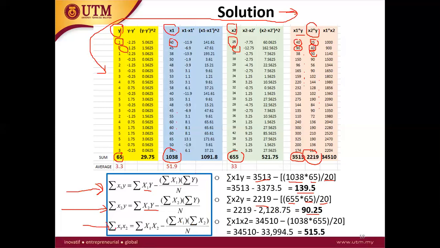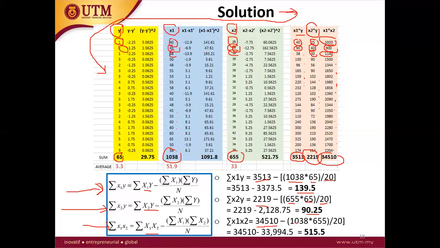Last question, the sum of s1, s2. S1 40, S2 25, so 40 times 25, you get 1000. 45 times 20, you get 900. 38 times 30, you get 1140. So the total of S1, S2 is 34510. Okay,